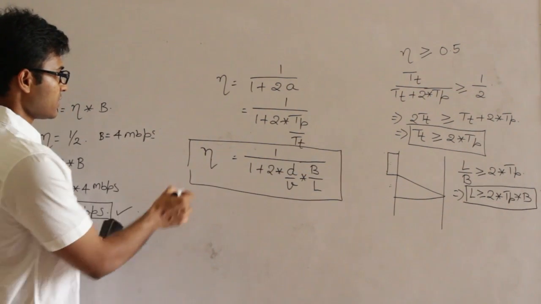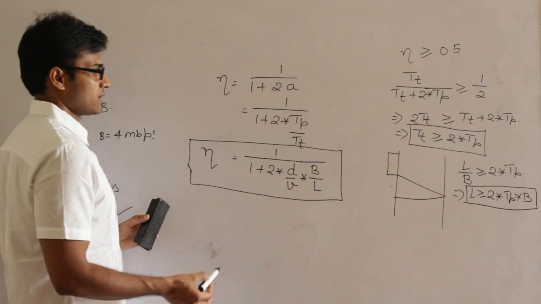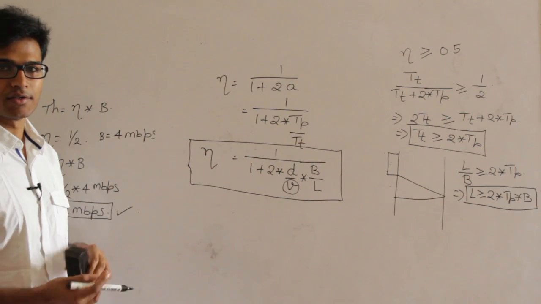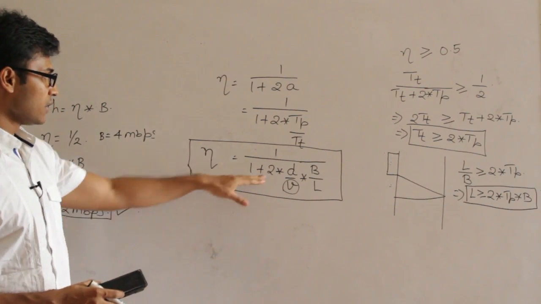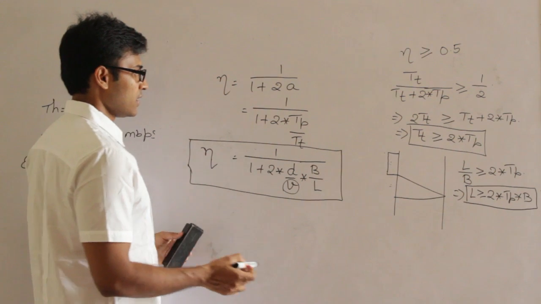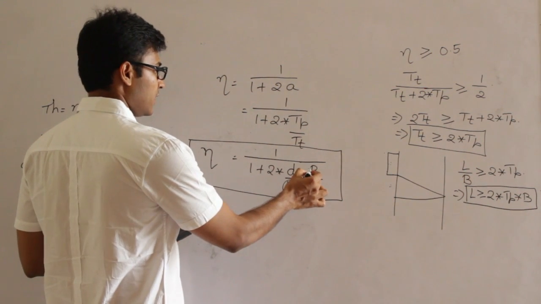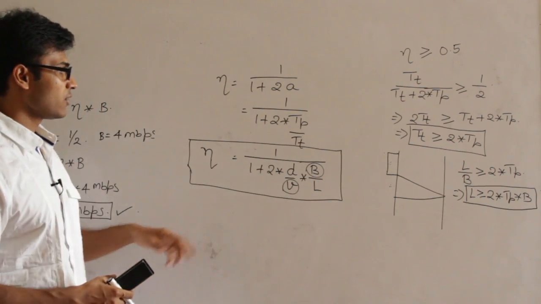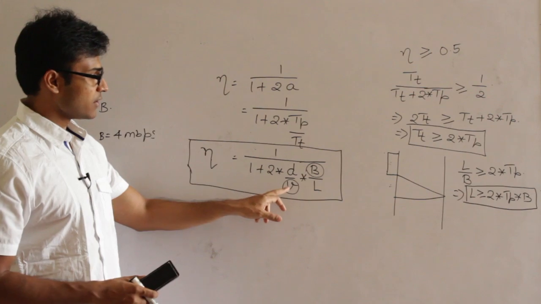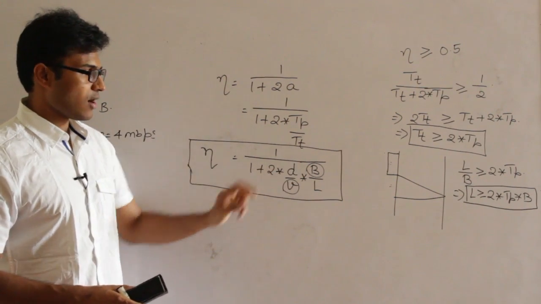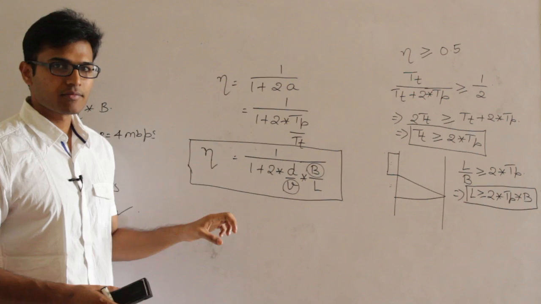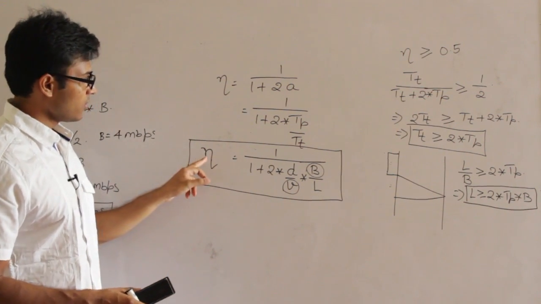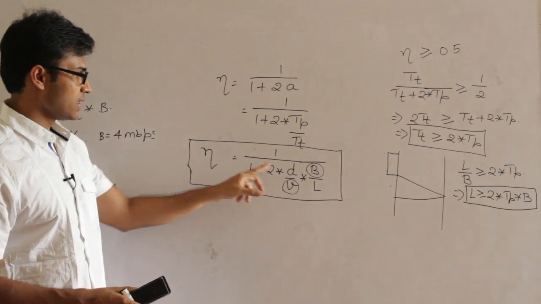Now if you look at how it is related to each of them, first thing is, velocity is fixed. You cannot increase or decrease the velocity of a signal inside a medium. That is going to be constant. And second thing is, whenever you buy any link, the bandwidth is going to be fixed. So after buying a link and setting up a network, we cannot do much about the bandwidth. Therefore, assuming that velocity and bandwidth are properties of the medium and are fixed, we are not going to talk about them. Now what is the relationship between efficiency and distance?